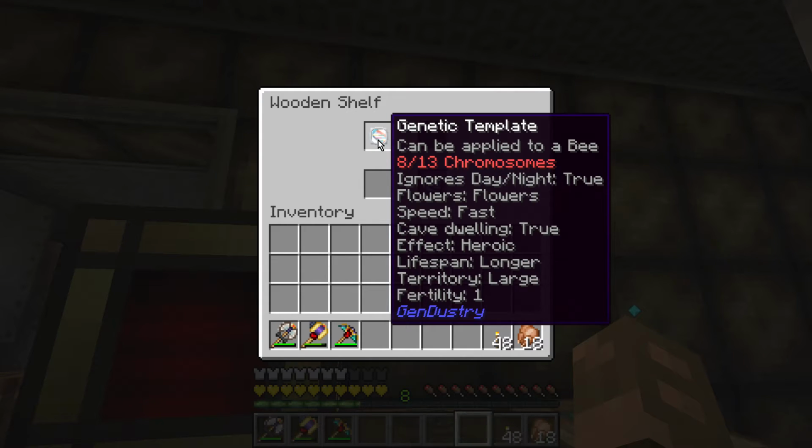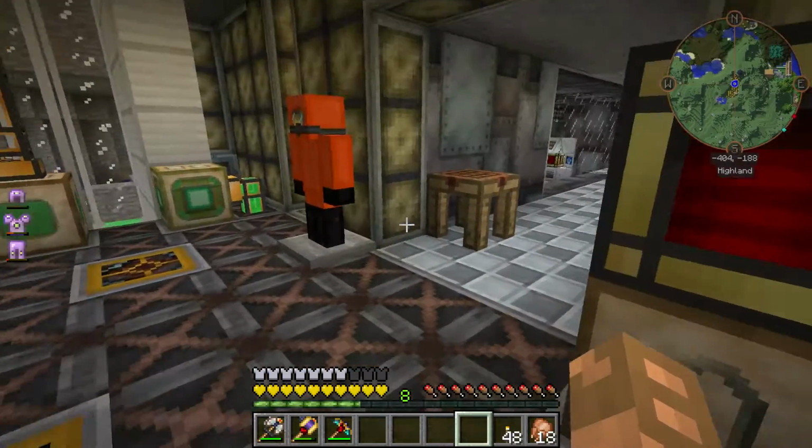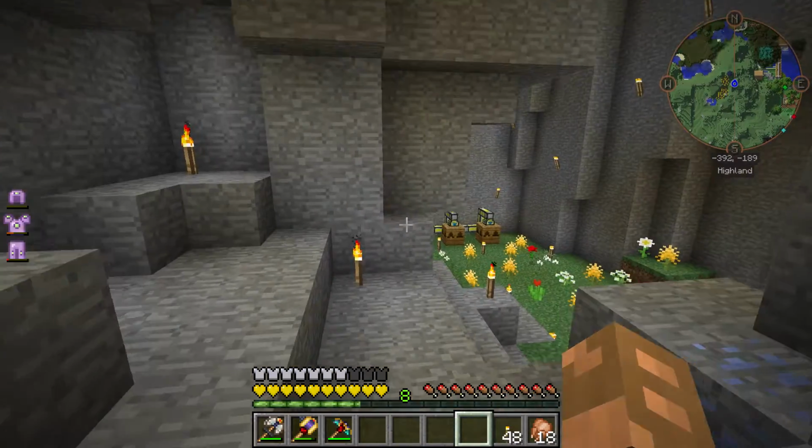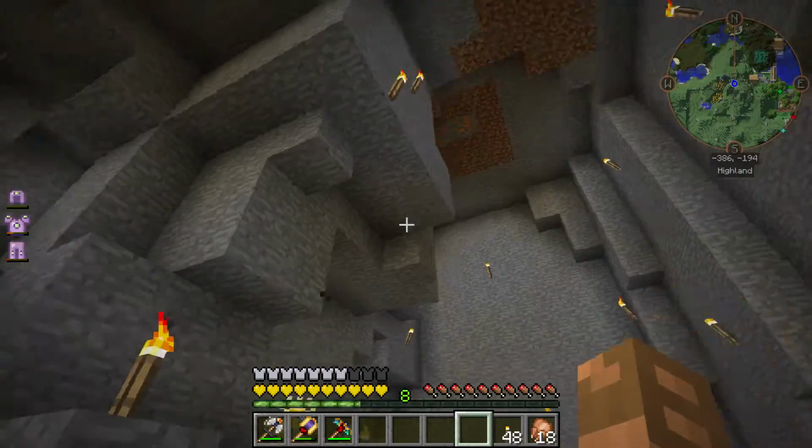On this one, the best thing to note is the fertility of 1 and the speed. I'm looking for it. I'm not seeing it in front of my own face. There it is, third one down, speed fast. Speed there stands for production speed. And lifespan longer. Now there's lifespan longest, and we will work to get that eventually. But lifespan longer, fertility 1, speed fast. We have given this to our very first set of worker bees down here in my new bee